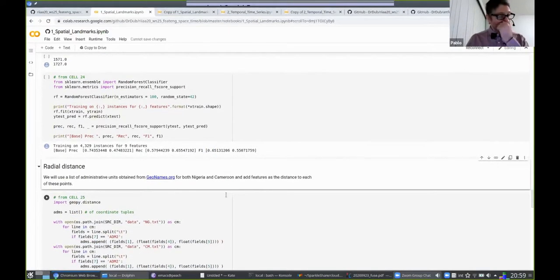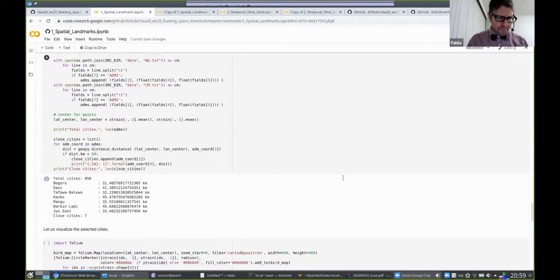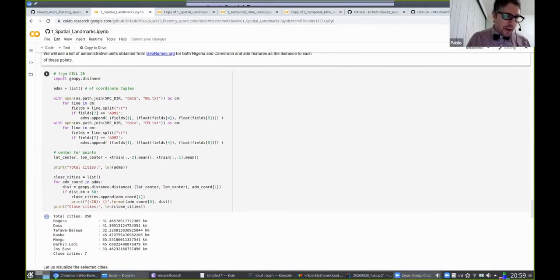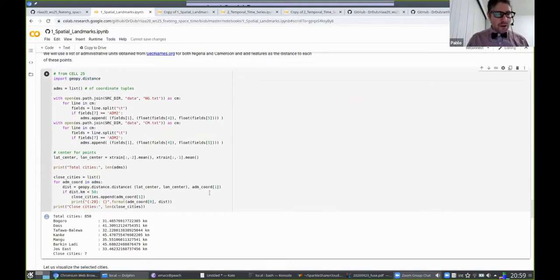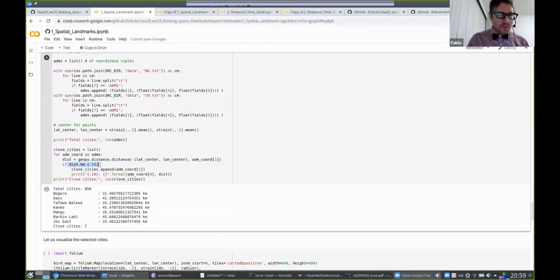Then we add the domain knowledge of, well, maybe when they were close to a city, they stopped there to get some food from the city, or they try to avoid it and they keep moving. So we use geonames.org for Nigeria and Cameroon, and that has several thousand cities for each of these countries. And then we use GeoPy distance, and we filter only the cities that are less than 50 kilometers away from